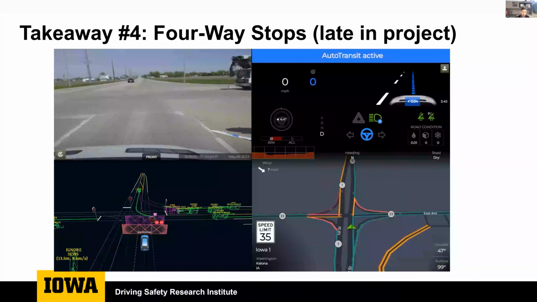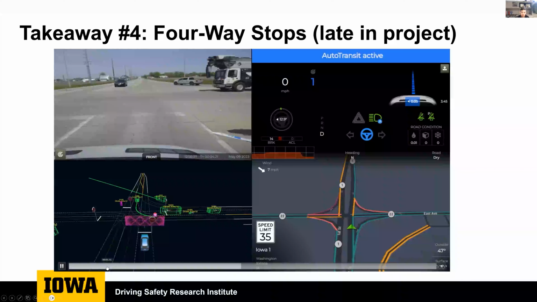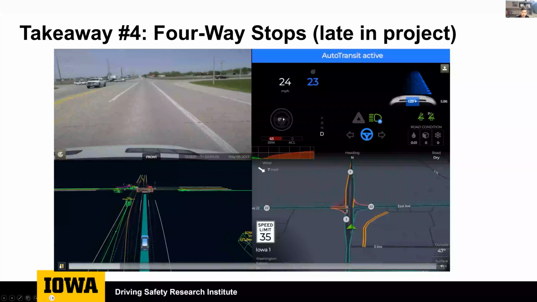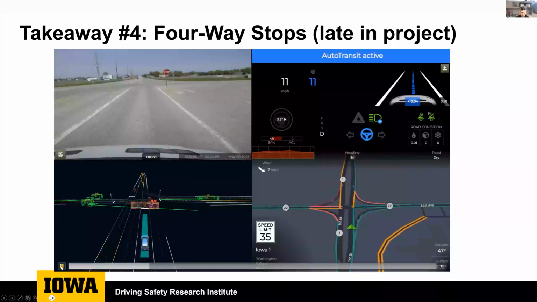So we're able to come to a stop and actually perceive the vehicles around us the same-ish way a human would. Now, what's interesting about this video as well, if you want to hit pause right now, is, as you can see, our planning line has us coming up to the stop sign in the bottom left there.